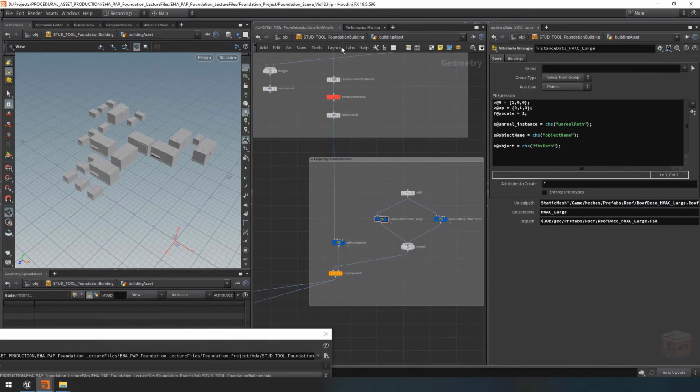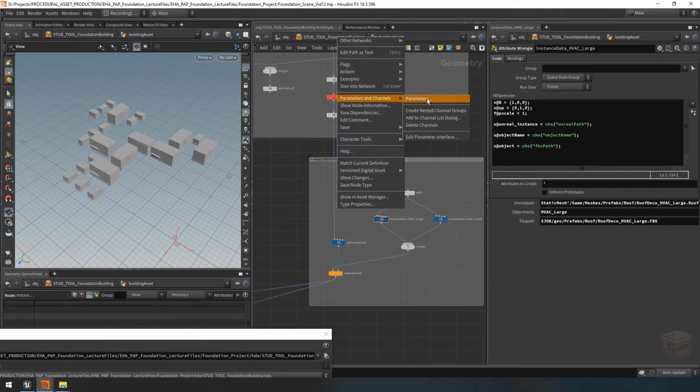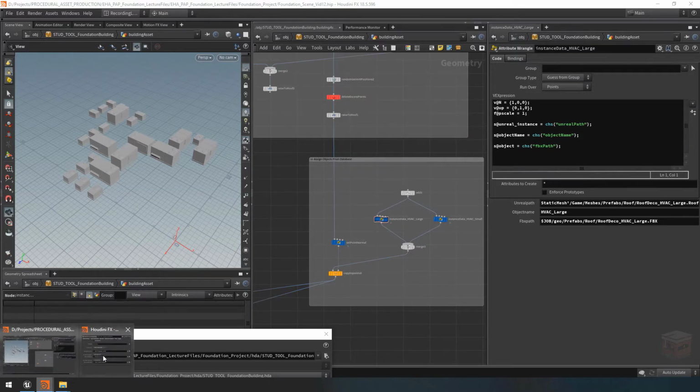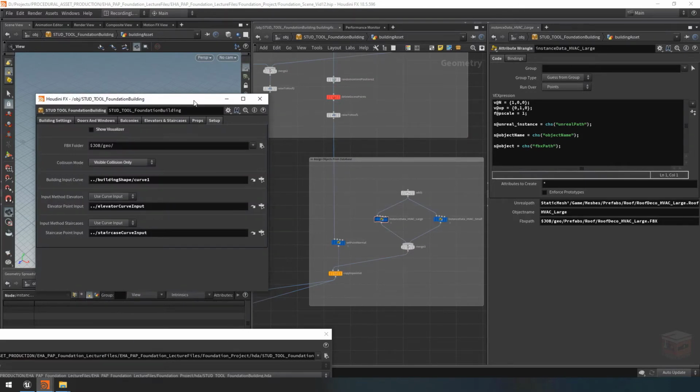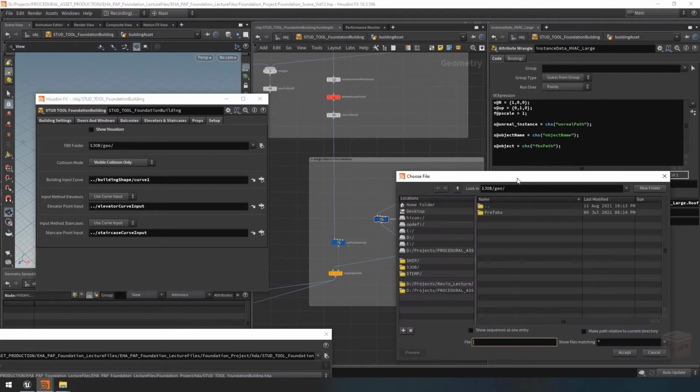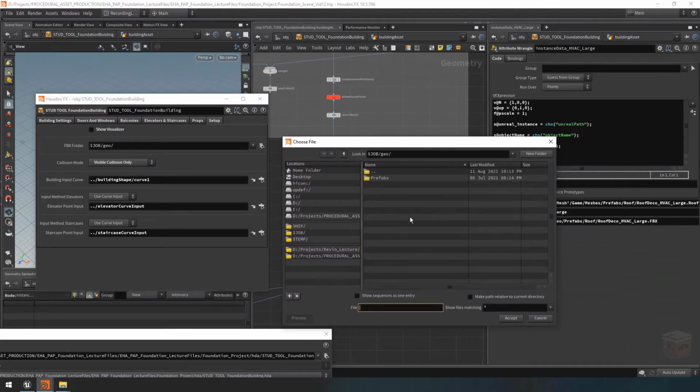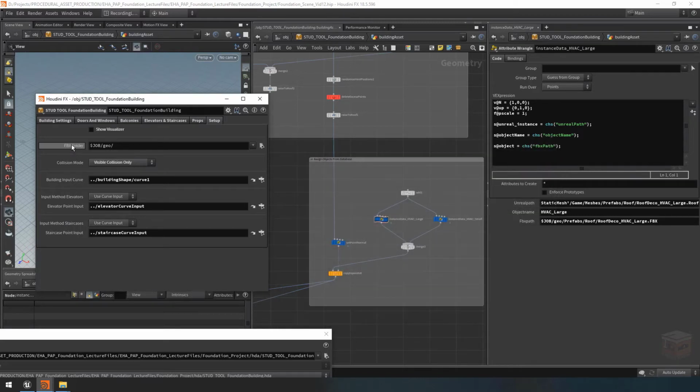So let's go ahead and open up our parameter panel. Should be over here. And then in your setup folder, you will now find your FBX folder path right here. If you don't have the right path, or you haven't set your defaults correctly, you can always go up here and browse for whatever folder it is that your prefabs folder is located in. Now we can copy this parameter,